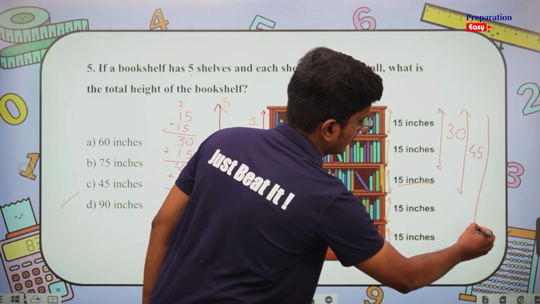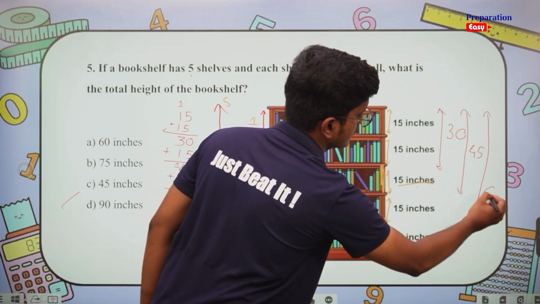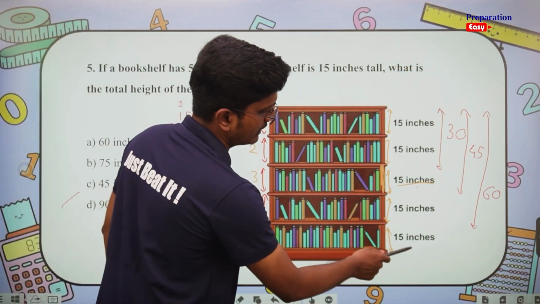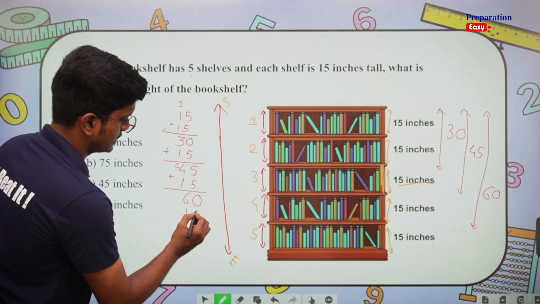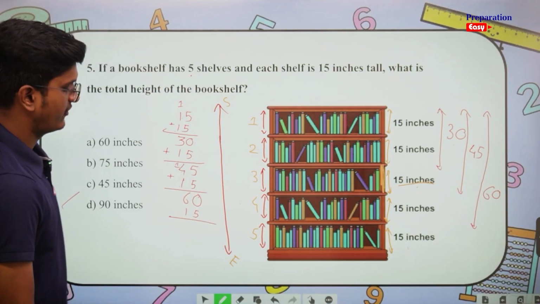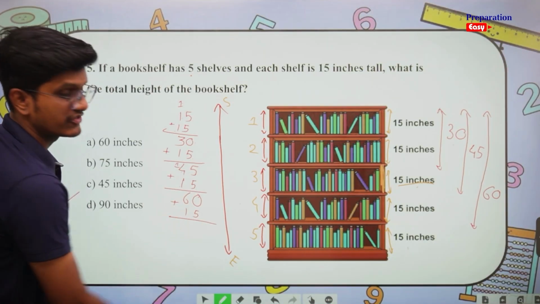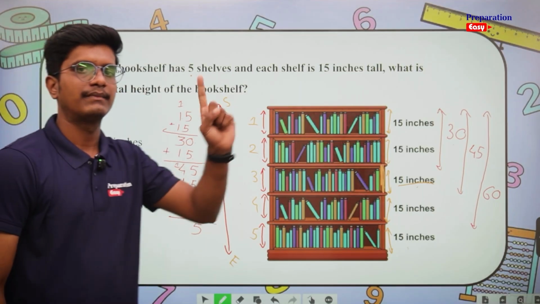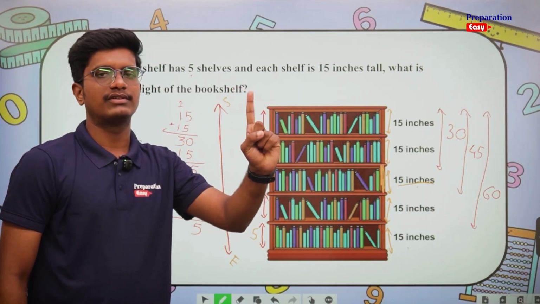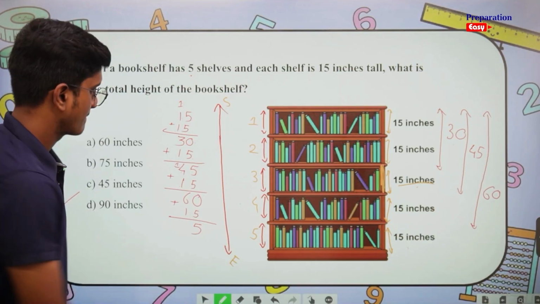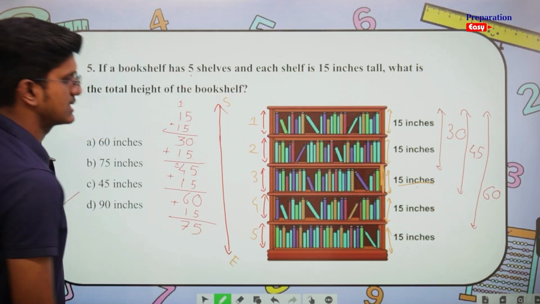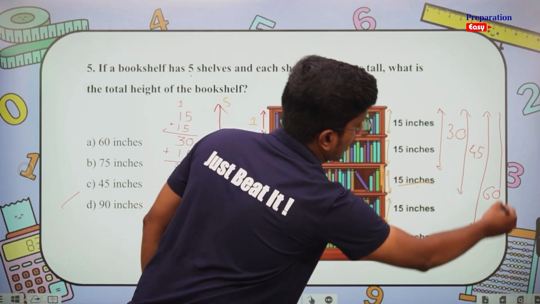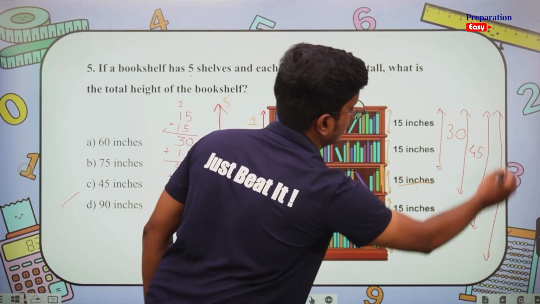This length is 60 inches, and now we are remaining with this 15. So 60 plus 15. 0 plus 5 is again 5, and 6 plus 1: keep 6 in mind and count after it with one finger. After 6, count one finger, which is 7, which is 75. So the total length from start till end is